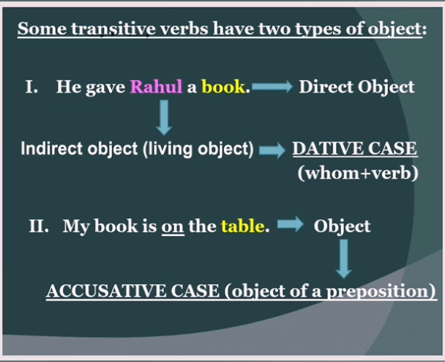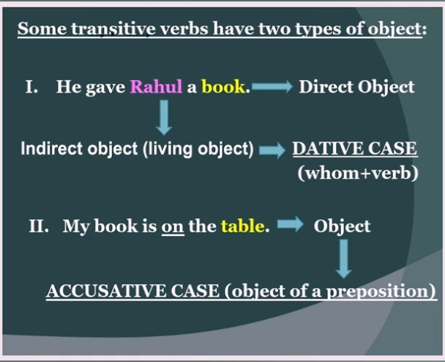There are 2 types of objective case noun. One is the dative case and the other is the accusative case. Let us understand dative case first. He gave Rahul a book. Book is the direct object and there is one more word which is extra over here, Rahul. He gave Rahul a book. So Rahul is the recipient of the book. So Rahul becomes the indirect object of the sentence. This kind of sentence is called dative case, where there is one direct object and the other is